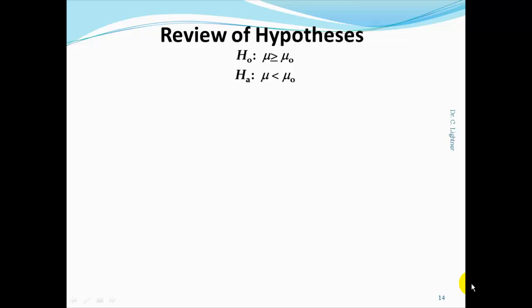For this case, our null hypothesis is claiming that the mean value is at least equal to mu0 or greater. We're going to collect a sample of n items and compute the sample mean for those n items. If this hypothesis is accurate, our sample mean value should be greater than mu0 as indicated in this null hypothesis. Since we know that sample mean values are normally distributed if n is large enough,